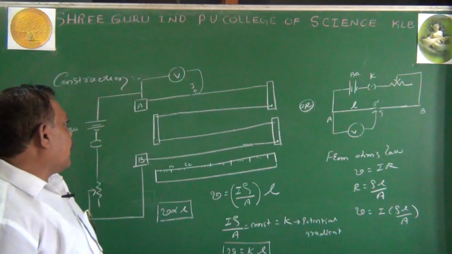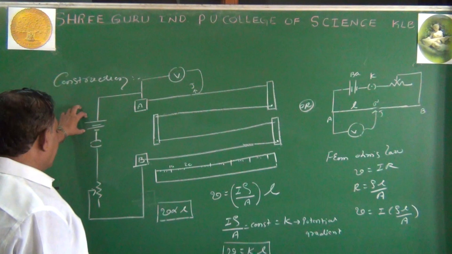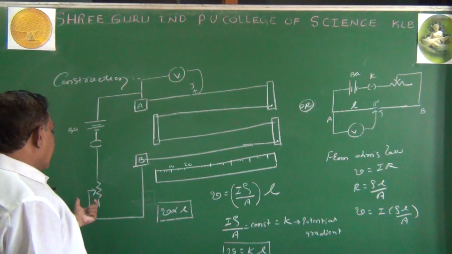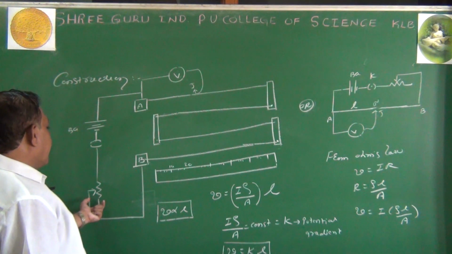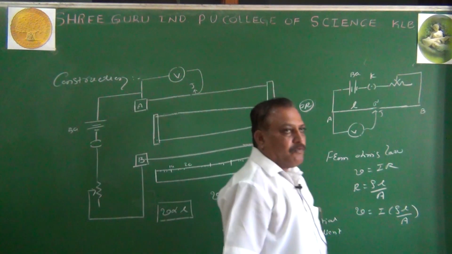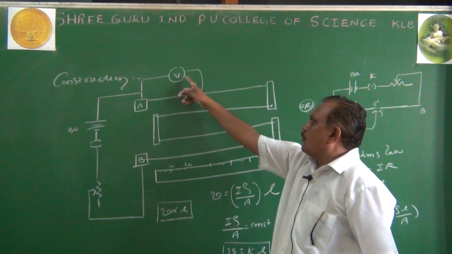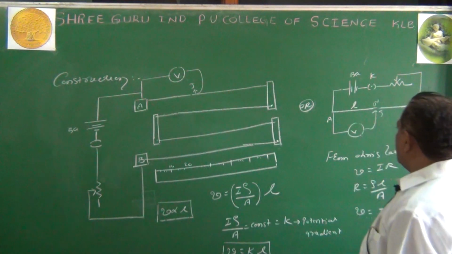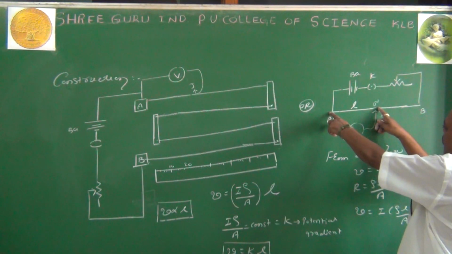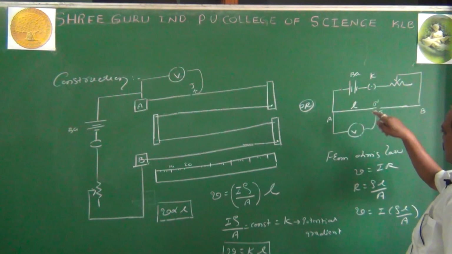Then one end of the wire A is connected to the battery through the rheostat, so that we can adjust the current with the help of the rheostat, so that we can pass the constant current through the wire of uniform cross-section area, and V is the voltmeter. So it is connected to the jockey. As we slide the jockey on the wire, whatever the length we cover, that length of the wire has its own resistance, and then it measures the corresponding potential difference.